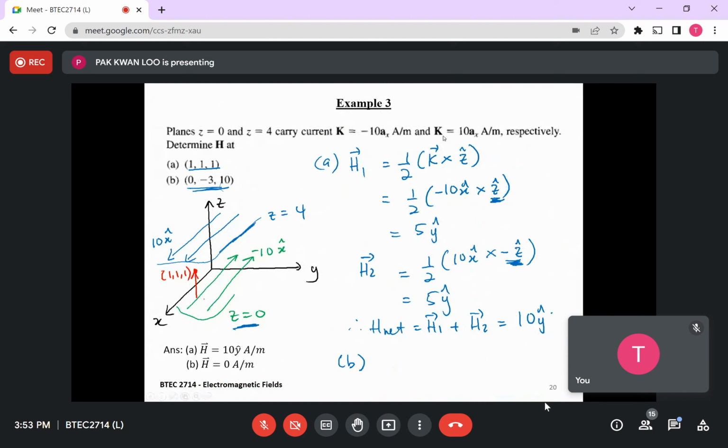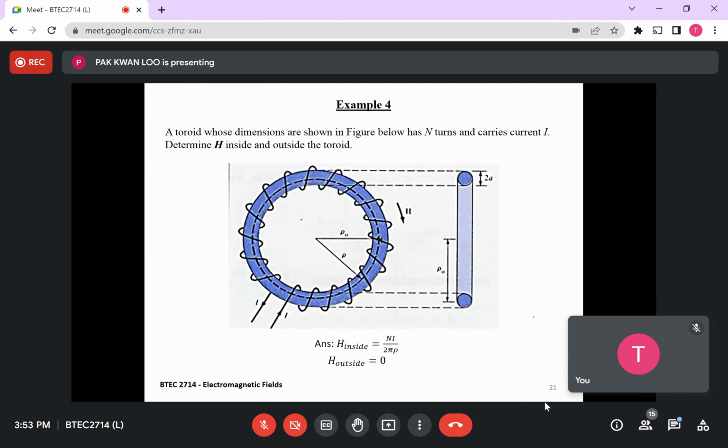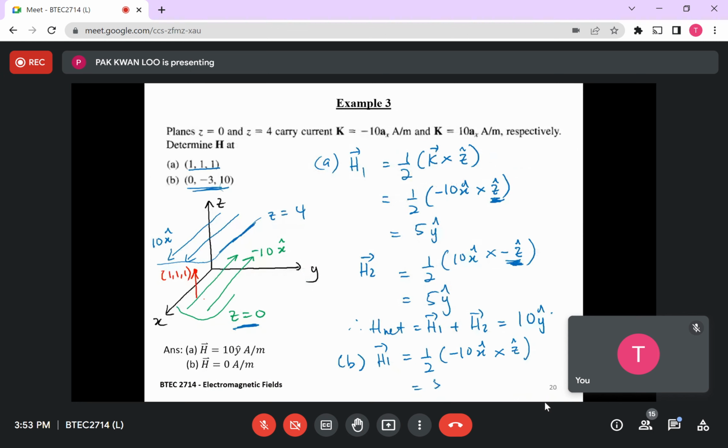Okay, so therefore this is how we determine the normal direction. On the other hand, for B, again H1 is half negative 10 x cap crosses z cap, equals 5 y cap. But H2,